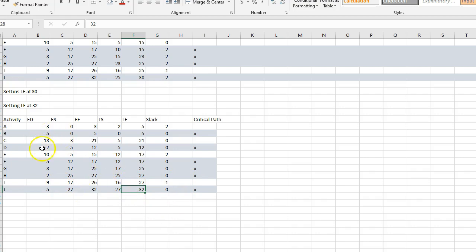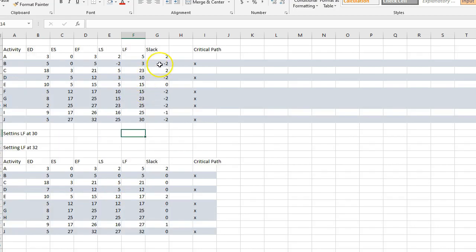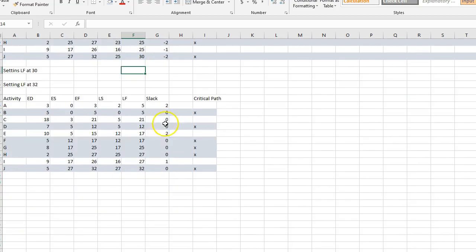So I tend to want to put them in this way and just do it from the beginning this way. This is just a dramatic way to point out where those negatives are, that they're on that critical path and we can't complete them in that time. So here I've built the same chart, but this time I've done it starting with 32. So the same answer I came down here, I've got here. So they're exactly the same